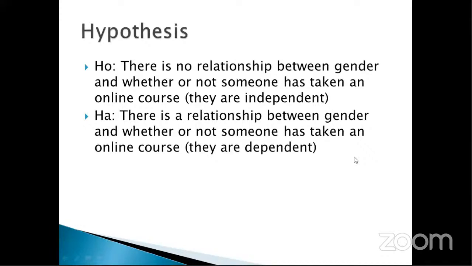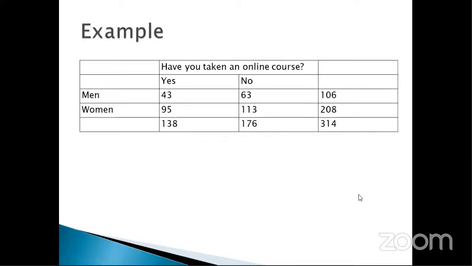Okay, so you'll test whether there is no relationship between gender and whether or not someone has taken an online course, right? Or the choice of the mode of delivery of online. So in this case, your alternative hypothesis is there is a relationship between gender and whether or not someone has taken an online course. So from here, you should now add the row total